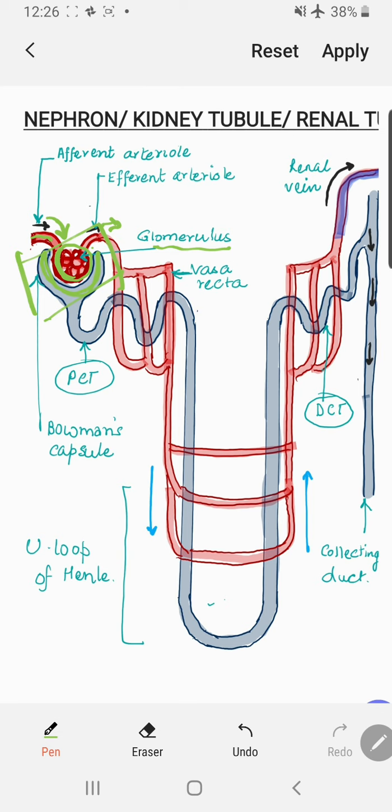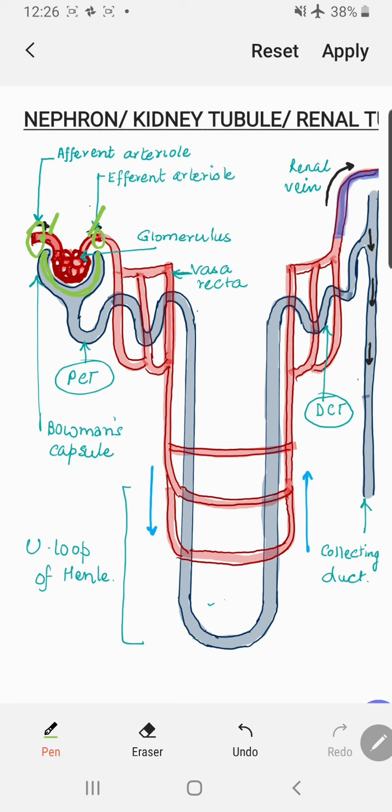That means all the waste content of blood which is supposed to be removed, had it be water, and it be urea or extra salts or hormones, anything that is supposed to be removed from the body is actually supposed to be filtered here only, right? But for that filtration you need pressure. So though we will be discussing things later about the mechanism of urine formation, but as of now what I want you people to see is, look at the area of cross section of these two arterioles. Afferent arteriole has a wider area of cross section and efferent arteriole has a narrower area of cross section, right?